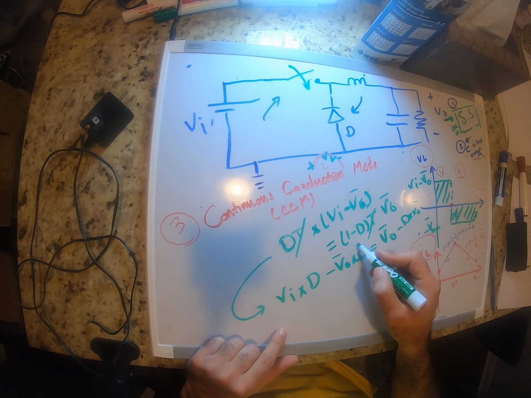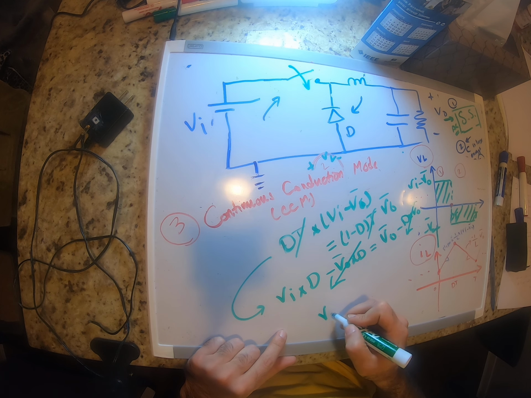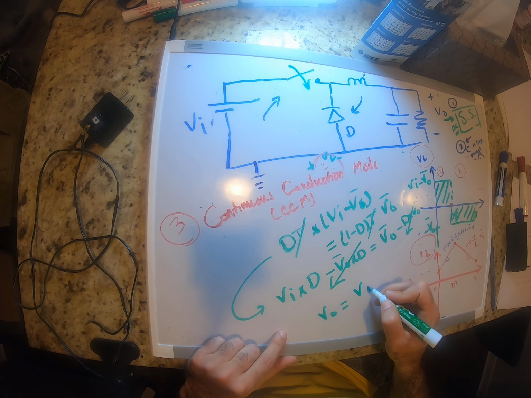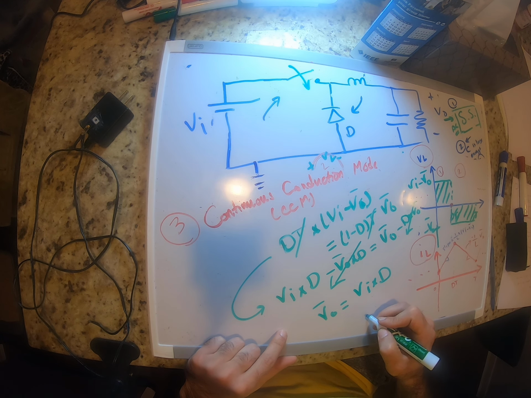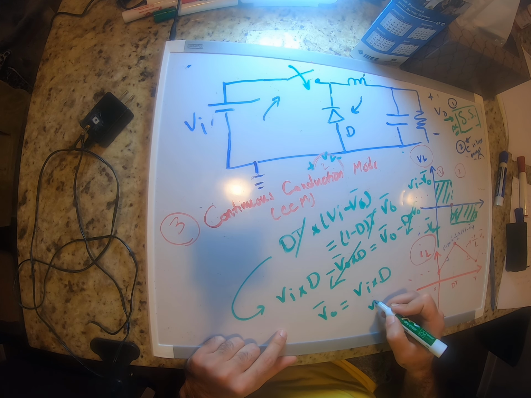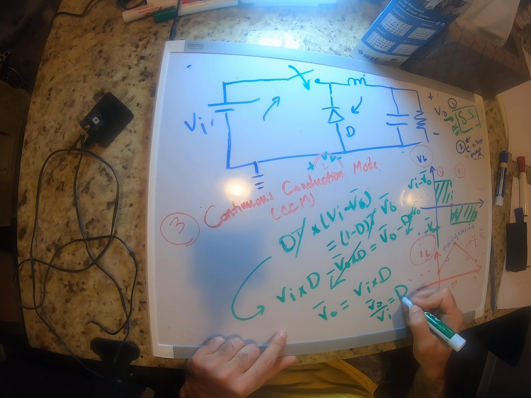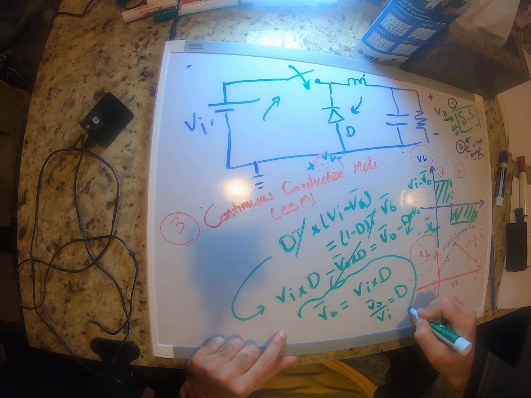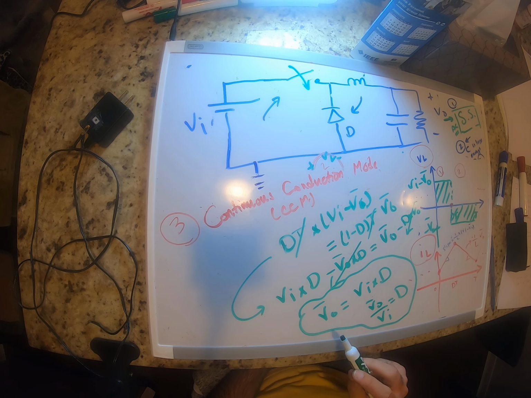So you can see that these two would cancel out, and then we end up with Vo equal to Vi times d. If I put it in this form, Vo over Vi is going to be equal to d, right? And this basically proves that